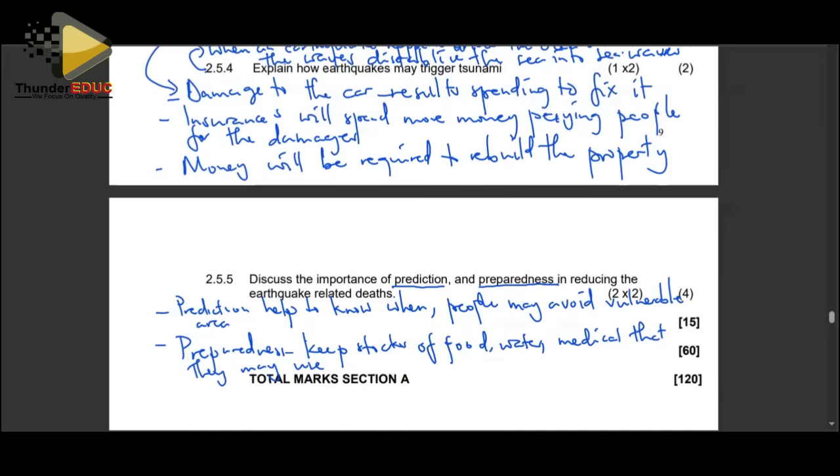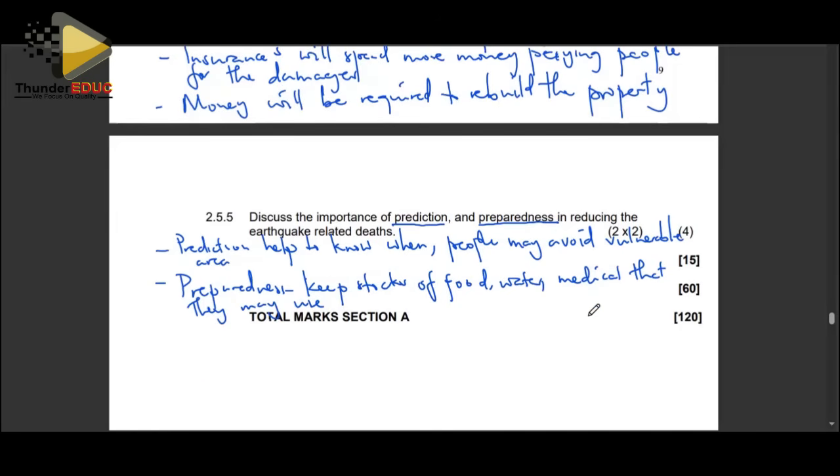You have your water storages, which are going to sustain you after the destruction, because we know well that if an earthquake is destructive, it is going to destroy the water supply system. So we need to store water ahead of the situation, so that when the earthquake is over, we might have stocks to use after that, instead of us not being prepared and everything gets destroyed, and then we will not have anything after that. So that's the picture of what you must address for question